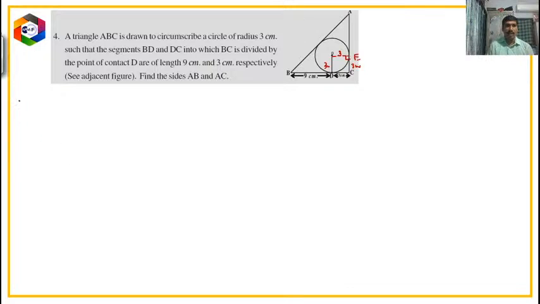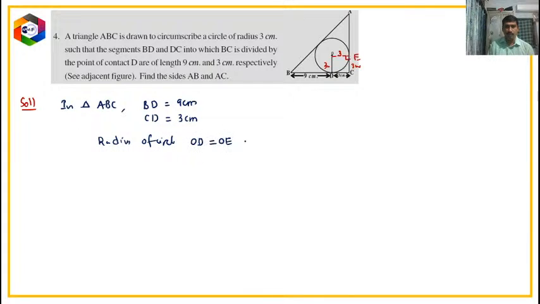Okay, yes. First I am going to replace what is given in the question. Okay, let us observe, children. Here now in the triangle ABC, BD is equal to 9 centimeters and CD is equal to 3 centimeters, and radius of circle OD is equal to OE is equal to 3 centimeters. That is also given in the question. Okay, yes. Now